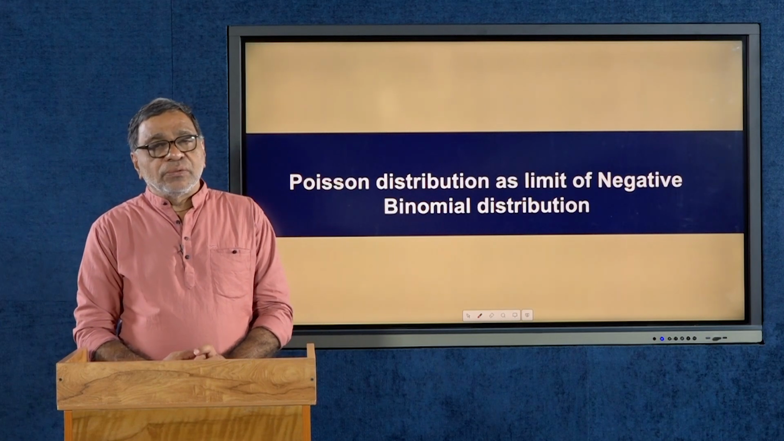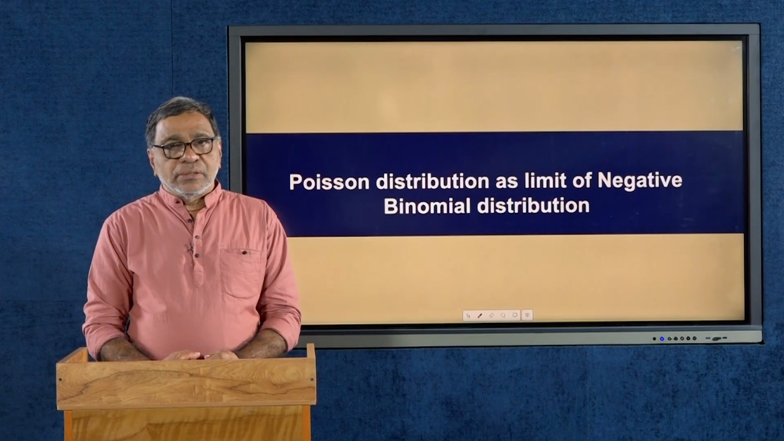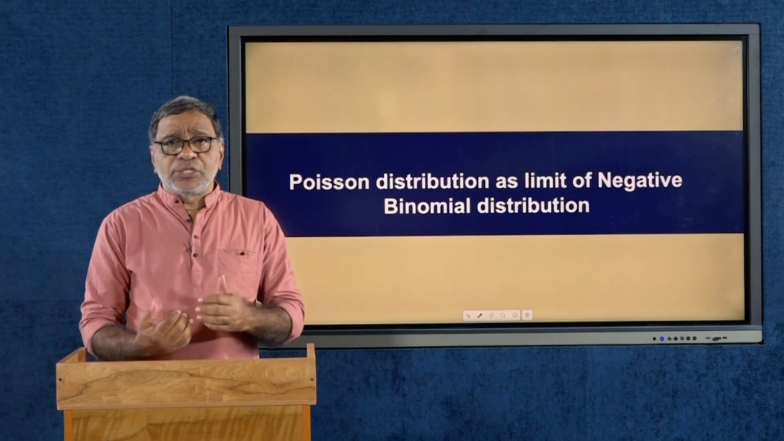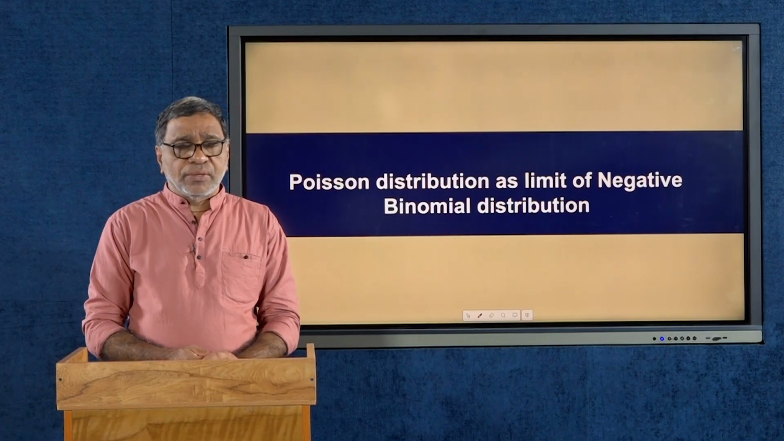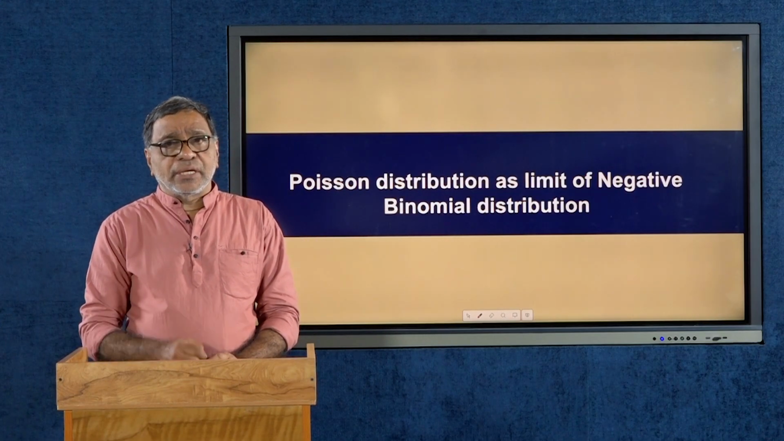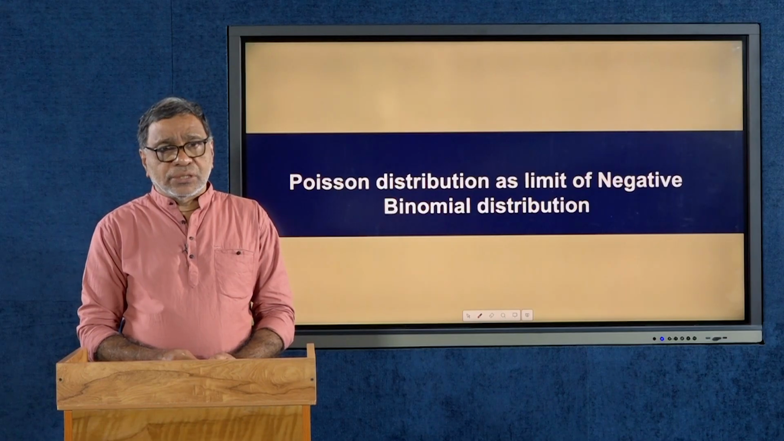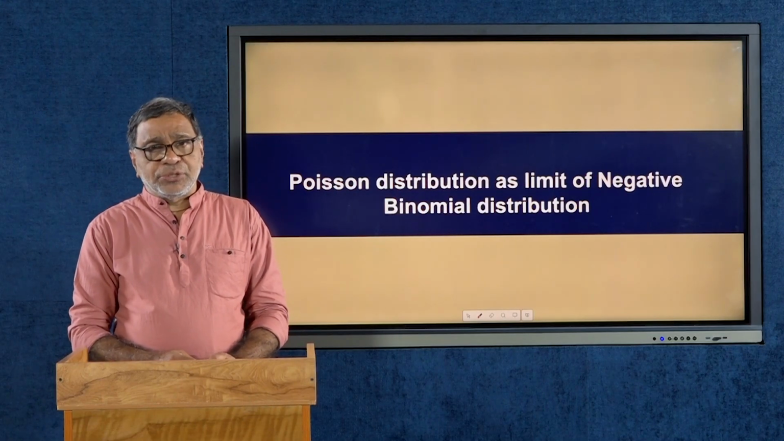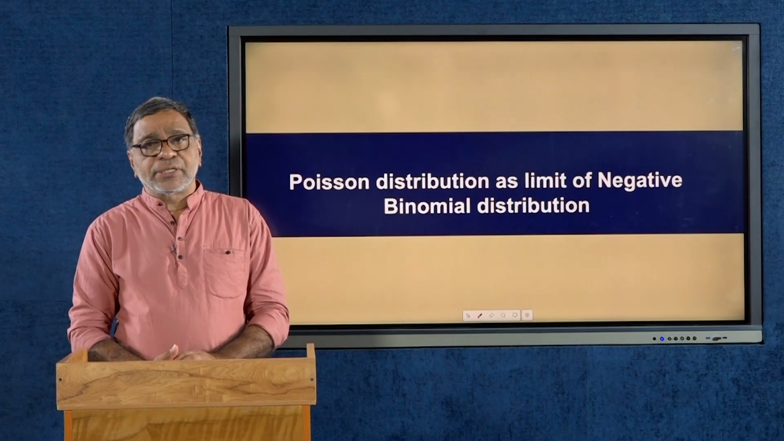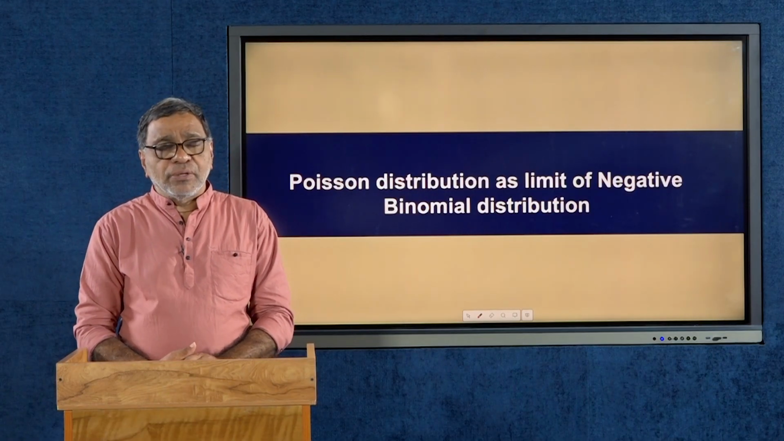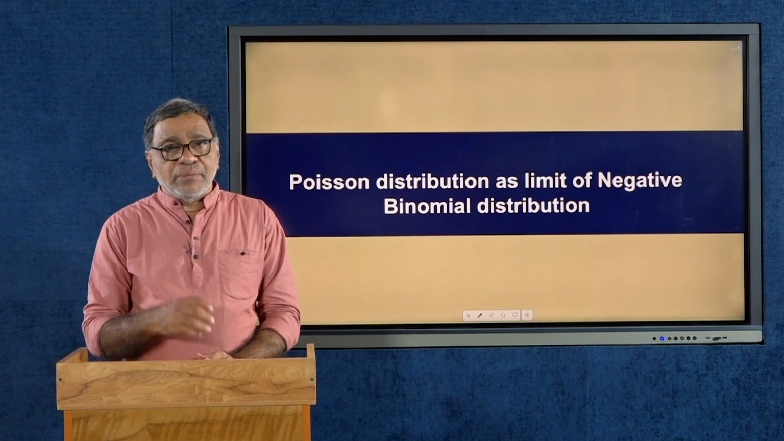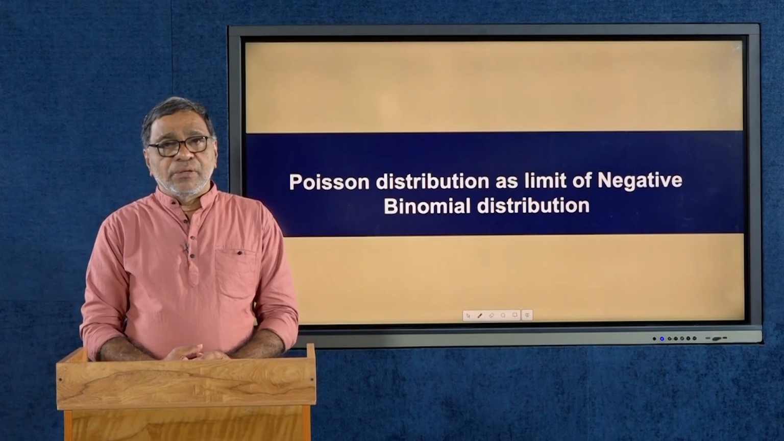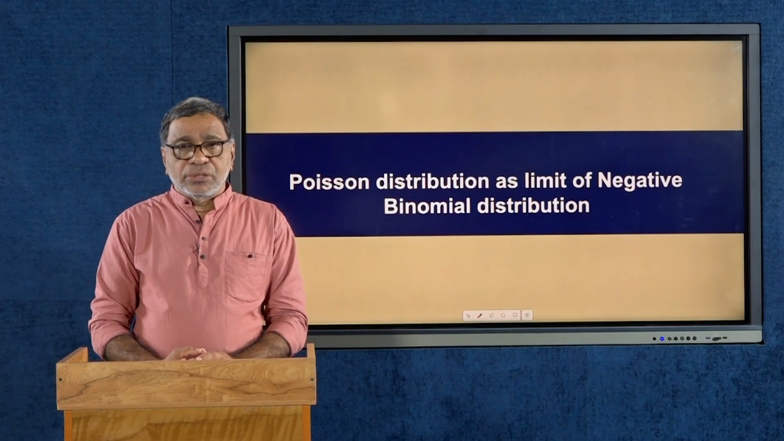And now in this session we are going to discuss the negative binomial distribution and its association with the Poisson distribution. Or we can treat the negative binomial distribution as a limit of the Poisson distribution on the basis of certain conditions. And before obtaining that result, let us describe the probability mass function of the negative binomial distribution in another form,